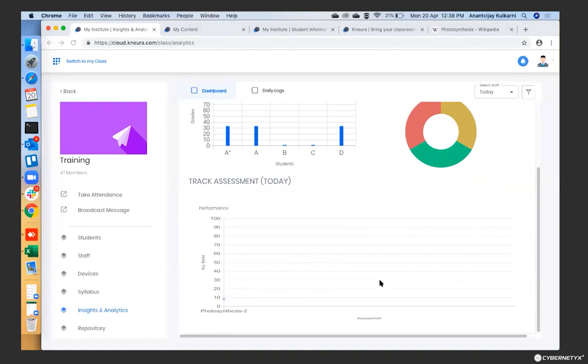Okay, so by this the institute already knows whether the students' progress is going well, instead of waiting for the end of the semester or the end of the class to know whether the performance was good or not. So it can be tracked on a regular, weekly, daily basis on how the